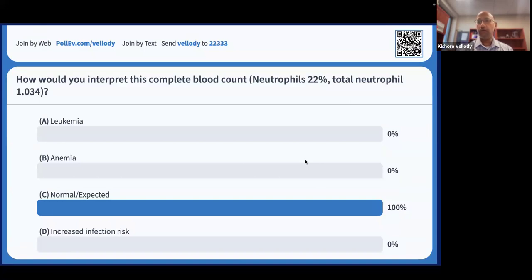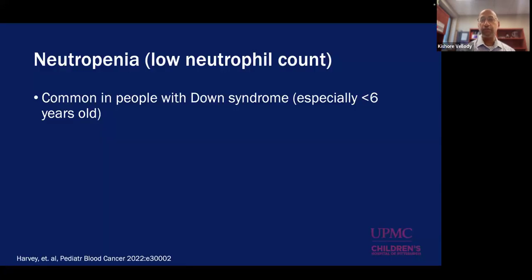So far, we're on the normal expected route. Anyone else? Any other thoughts? Okay. Well, those of you who answered, you have answered correctly. That this is actually normal or expected in people with Down syndrome, particularly young people, less than 6 years of